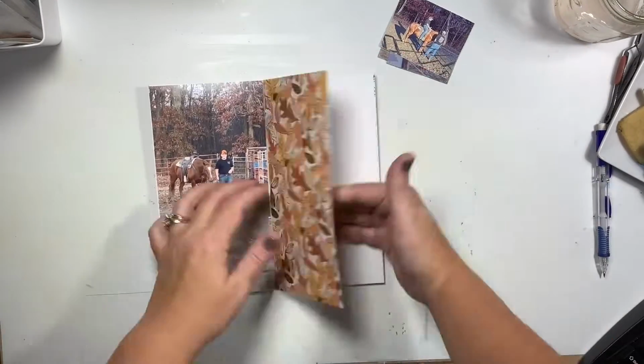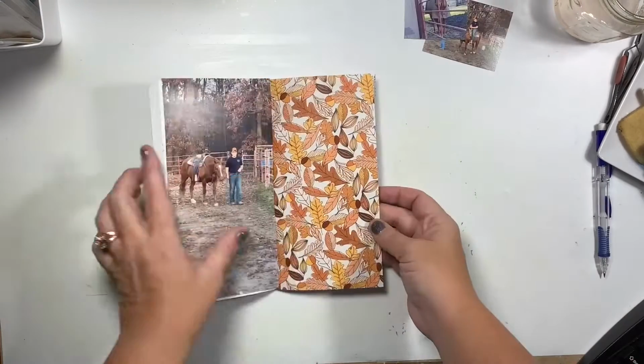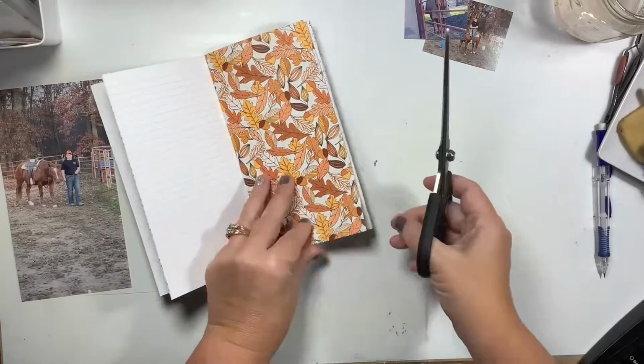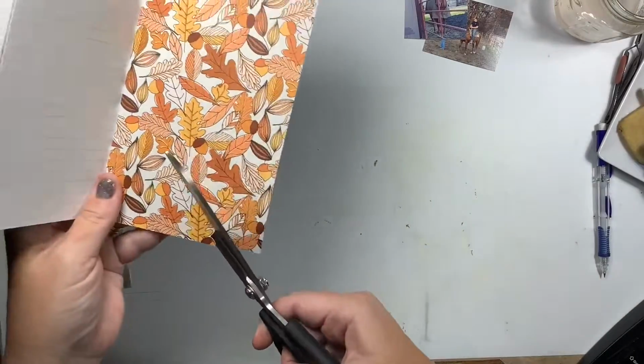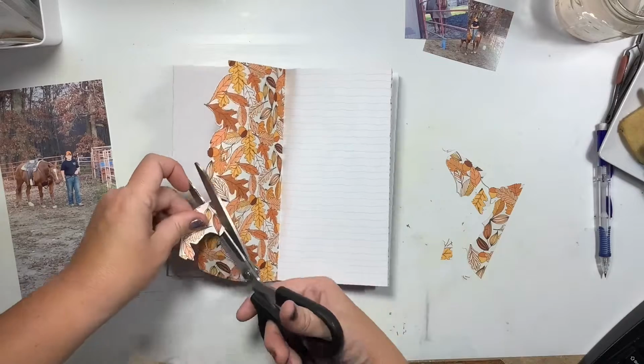Today I am creating another spread in my November 2022 Cocoa Daisy Traveler's Notebook. Today I'm actually featuring a 2-page spread, and what has inspired this page is this pattern paper. I absolutely love it. I wanted to use it partially for my title, but I also wanted to make it